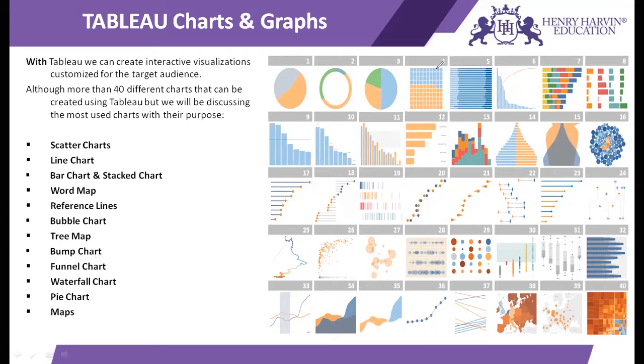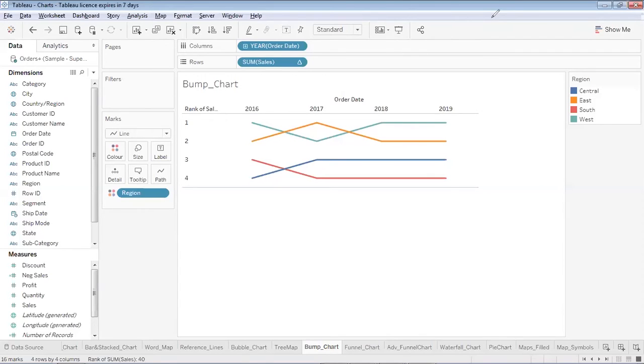So let me take you to my Tableau workbook. This is how a bump chart looks like. So it's basically a line chart. Here the rank changes over time. Over here I have created a bump chart which is showing me the relationship between sales and order date, meaning these are the values of sales over a period of time. And over here, based on the sales, I have ranked the regions and we have plotted them together.